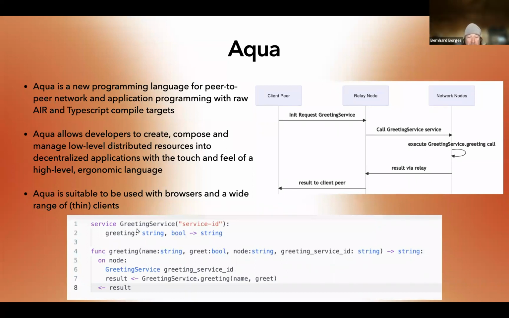And now we execute for this binding this particular function called greeting, and we provide it with the name and the greet parameters, and we collect that into a result. That's it. So what you're basically doing is you have a client. If you go to the upper right, you have this client, and it could be a JavaScript client, it could be your CLI, it could be whatever. And you're flinging this particle now.